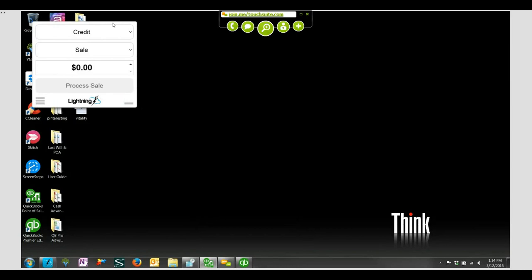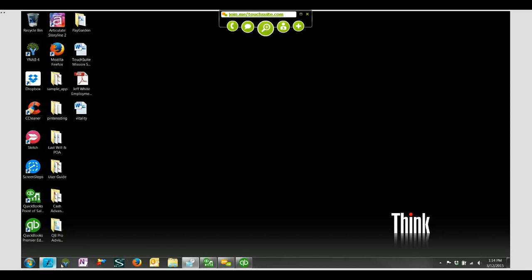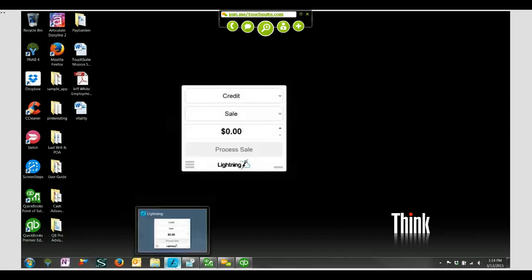But what we also did was we incorporated a third piece of technology. This is our virtual terminal. So some customers, they'll say, hey, listen, I don't care about my guys accessing QuickBooks. I don't want them to access QuickBooks. I just want this guy to be able to run credit cards and also refunds, etc. as well. So this is literally just an app that sits on the actual desktop here.